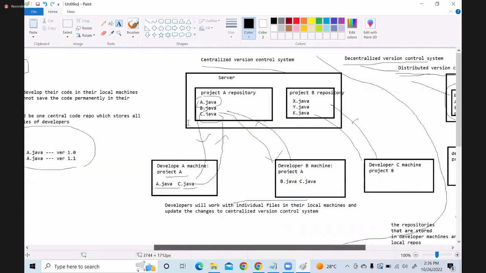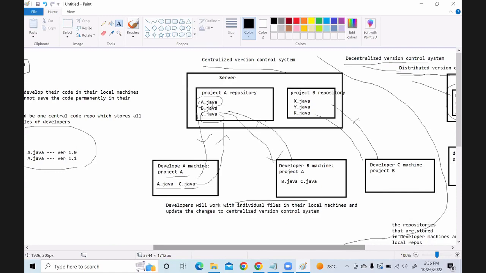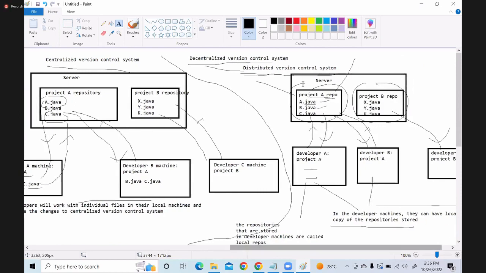But in the older way, it is not like that. They will only pull the individual files, whatever files these people need, and directly push again to the remote repository. Here, a complete replica of the repository can be copied to these machines.